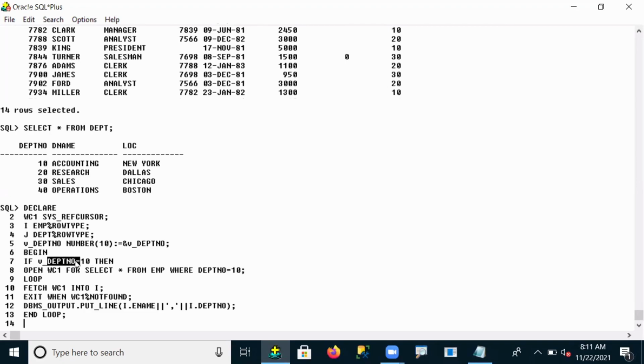If it is matching, the condition is true. If the condition is true, immediately open your weak ref cursor memory and the select query will be executed. Data is retrieved from the table and stored under the weak ref cursor memory variable. And after that, we started the loop.